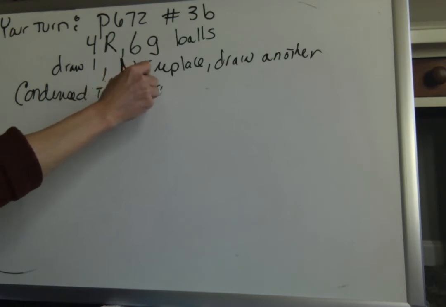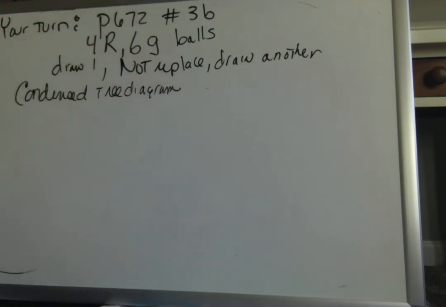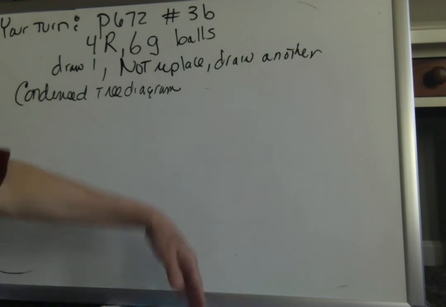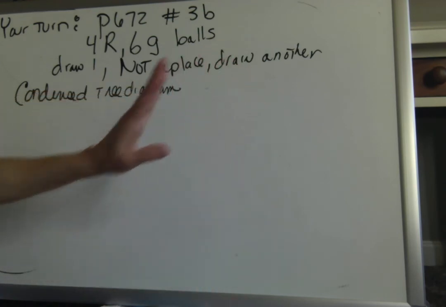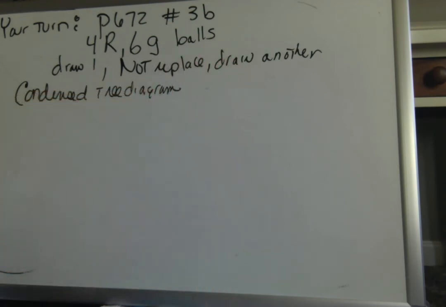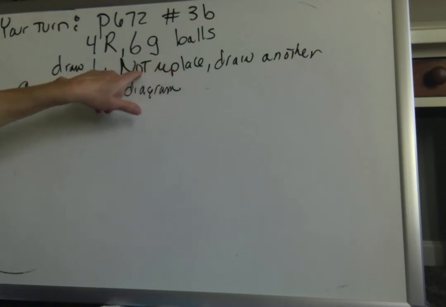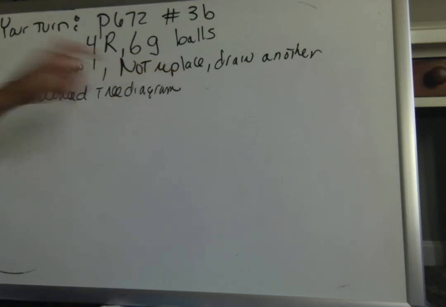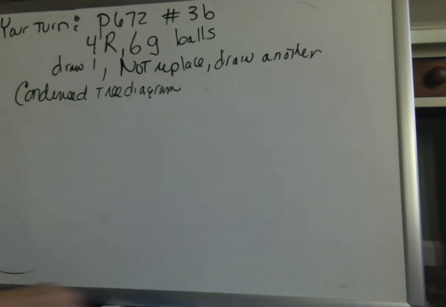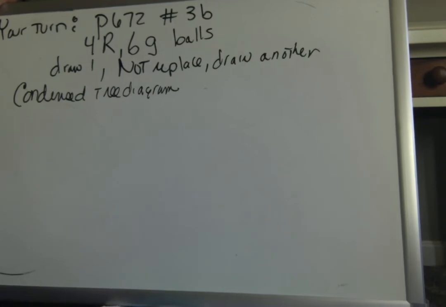Work it all the way through where you're multiplying your branches, where you then have the entire sample space with the probabilities that, if you've done it right, should add up to 1. Make sure you do see it's without replacement. Okay, so pause me and then come back. And this is why I did not put the answer on the notes, so you could give it a try and not have a hint on it first.